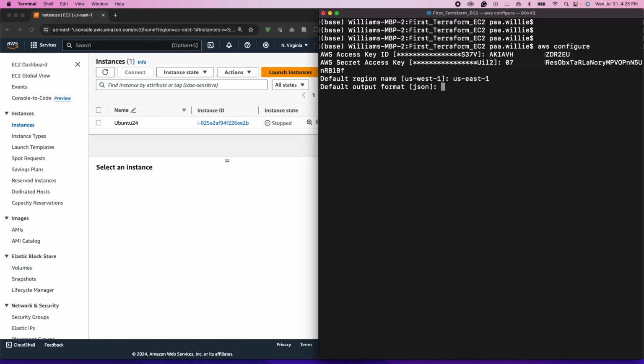The format, I will leave it blank. And so we've now configured the access keys. So officially, my local host is able to communicate with the cloud AWS platform via my access key for the